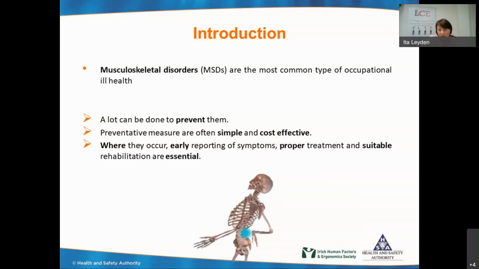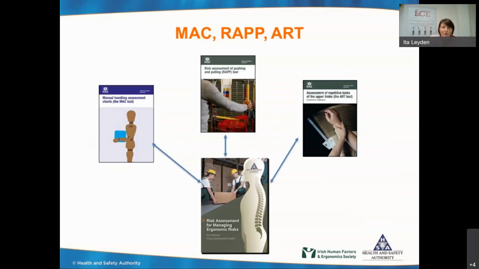To assist us with that, as we all know, risk assessment is about trying to identify what can go wrong before it does, and implementing remedial or corrective actions to prevent something going wrong in the future. So to do that in relation to musculoskeletal ill health, we have 3 guidance documents that comprise the